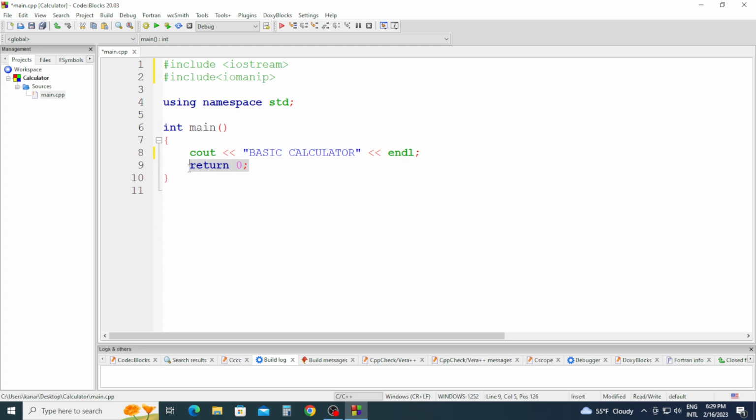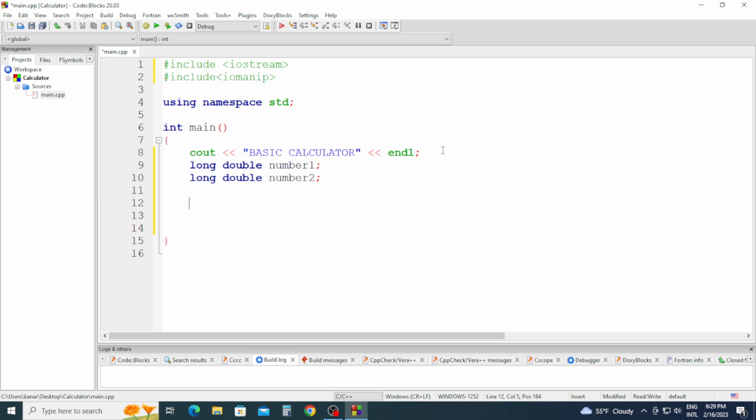I'm going to remove return 0, and in main I'm going to start by declaring a couple of long numbers and then a couple of characters, and we're going to start processing them. Okay, we're going to start by long double number1; long double number2;